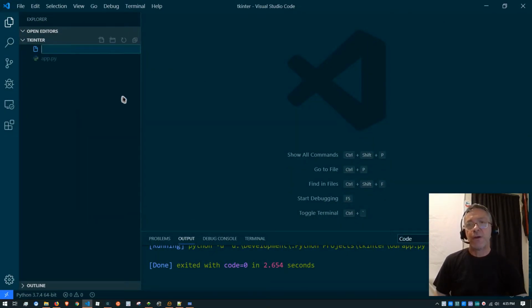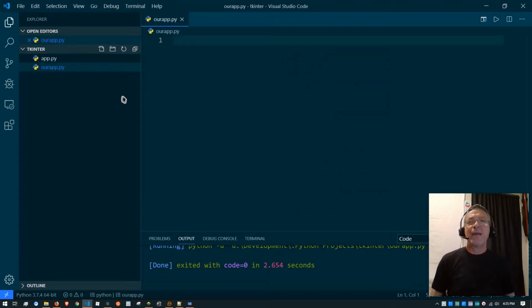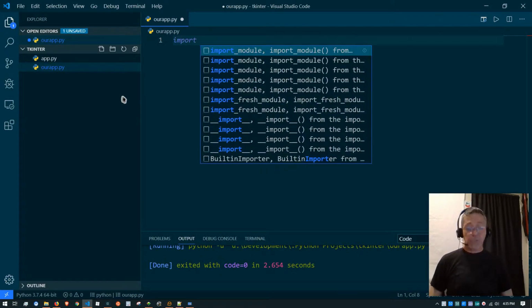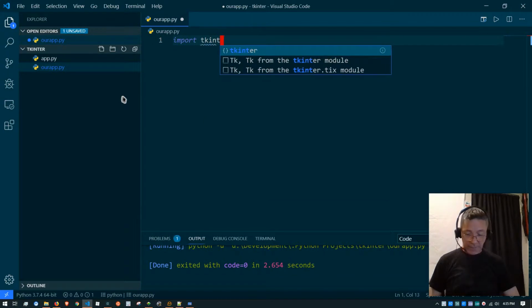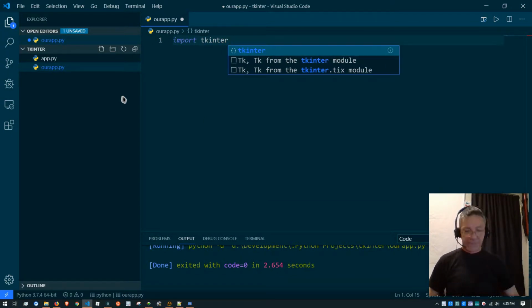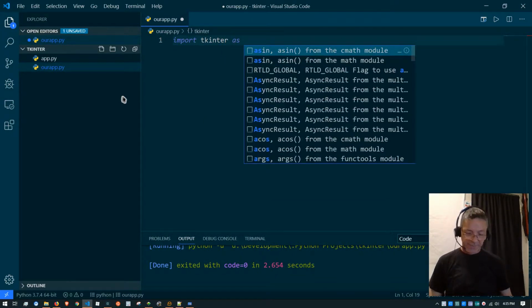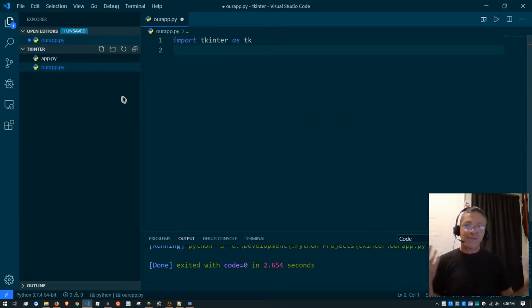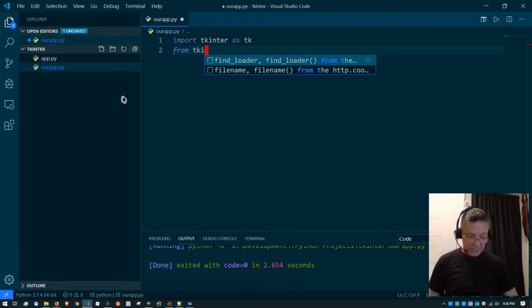So we're going to do a new file, and we'll just call it rapp.py. And as usual in Python, we're going to import some stuff. So we're going to import a library that is called Tkinter, and that's what's going to allow us to do all the GUI stuff, right? And because I'm lazy, I'm going to import it as tk, so I don't necessarily have to type tkinter. Oddly, for this next statement, I do. So from tkinter